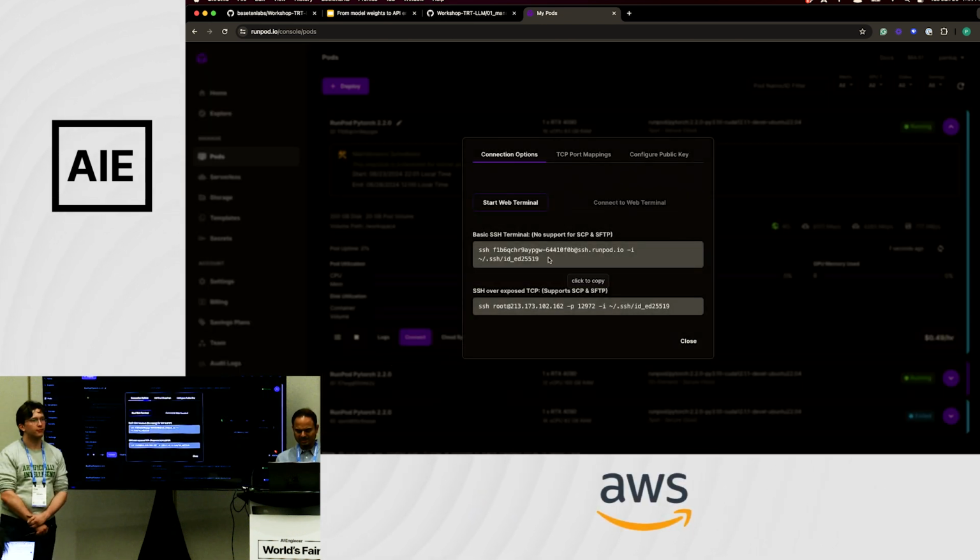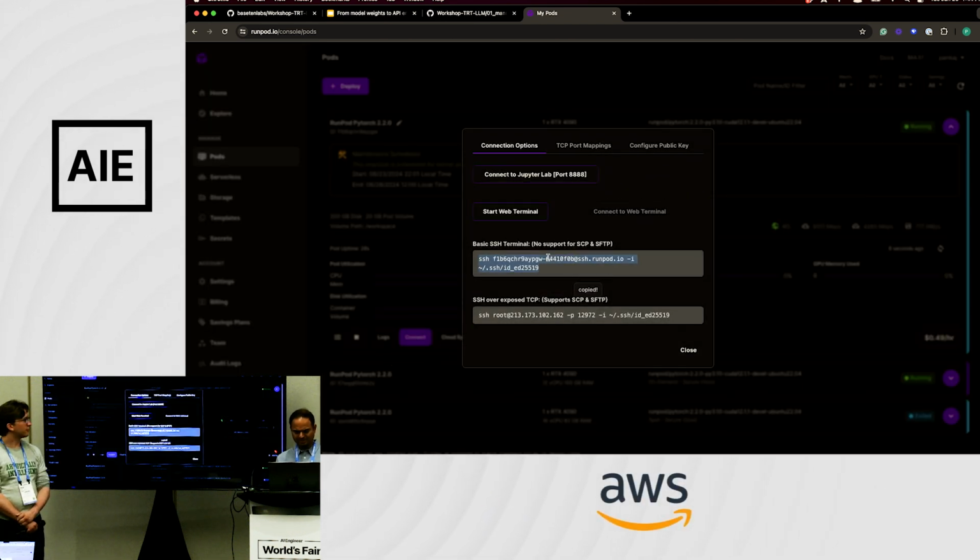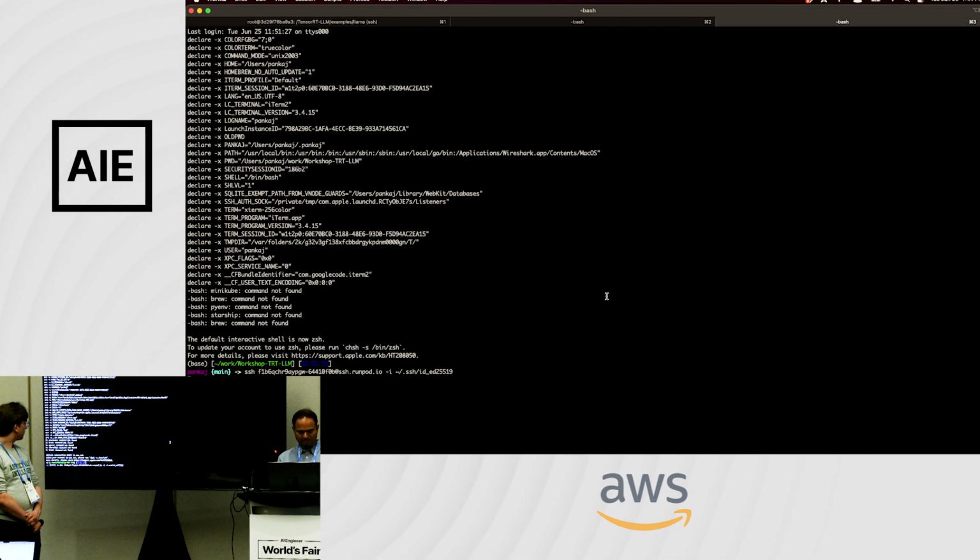Now I'm going to connect. It gives you nothing sensitive here. It uses your SSH keys, but the names are not sensitive. So I'm just going to log into that box.